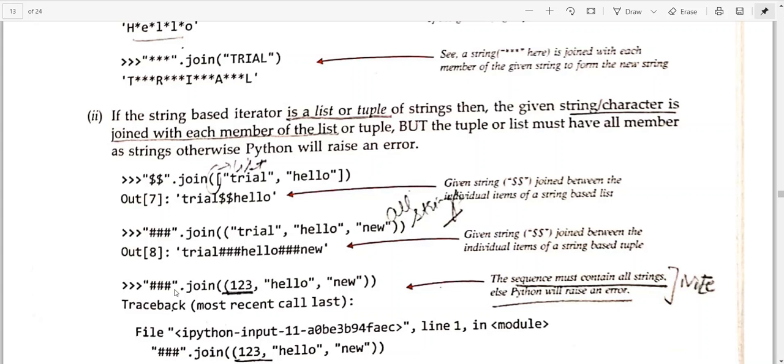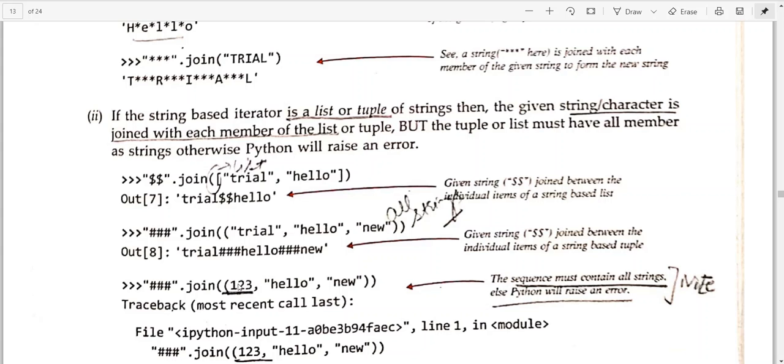Okay, next is, if you want to join this with this particular tuple. See, the problem is that all the things written inside this join function should be strings. So 1 2 3 is a number, this is not a string. How do I identify it?